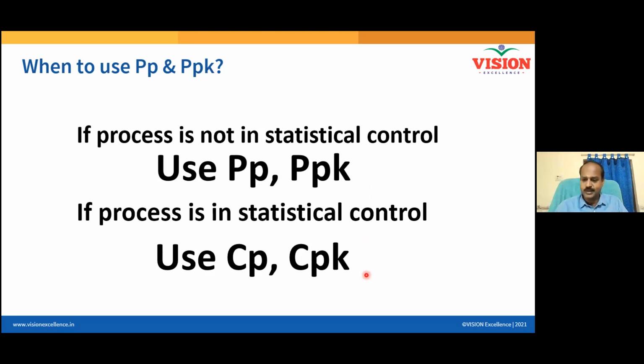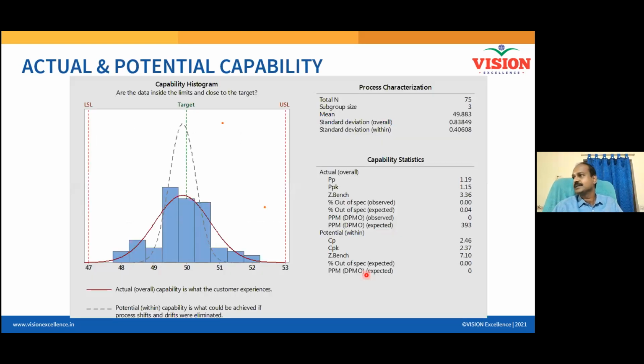Because it takes into account all sources of variation. So this is the plot for the data, Minitab plot. We will also see it in Minitab. You can see all the calculation coming here, PP 1.19 and CP within is 2.46 and 2.37, but the within